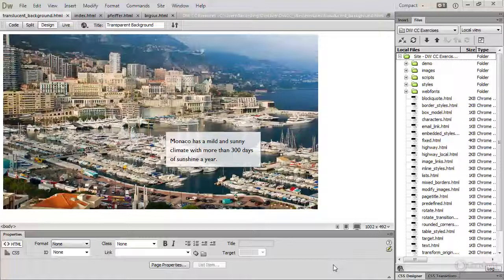Dreamweaver is a site-based application, and for this course I've created 3 sites. This site, DWCC Exercises, is where I demonstrate various features. For example, this exercise shows how to add a semi-transparent background color to this block of text. But just doing a series of isolated exercises doesn't give you a feel for how a website is built, so